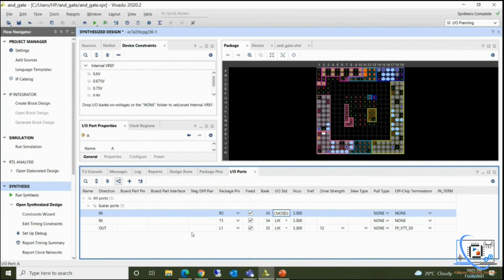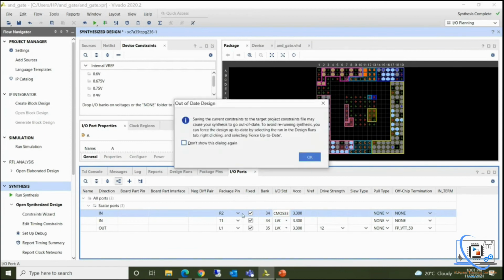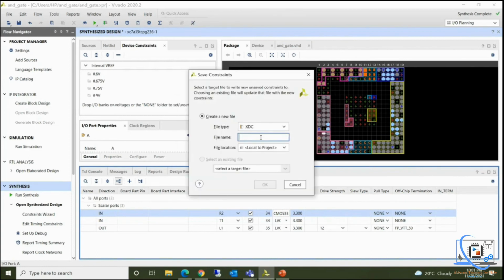Now I have to save this. Press Control S. We have to save this constraint file. Remember, when we were creating a new project, it was asking us to create a constraint file. That constraint file we have now created, so we have to give some name to this file. We can give it a name like constraint.